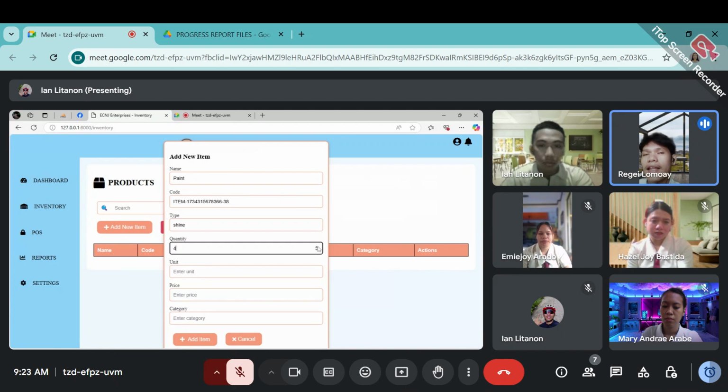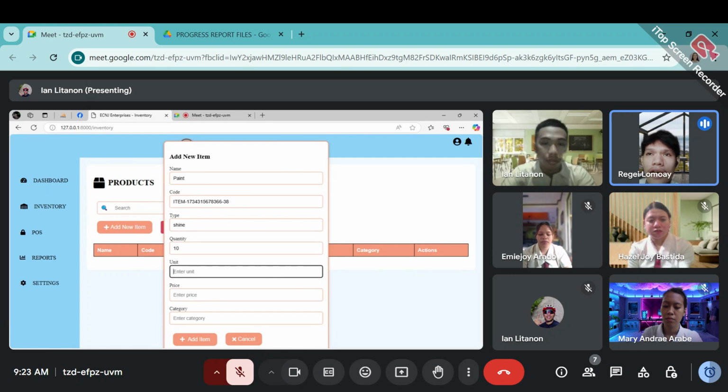The data of this new item product will be viewed in our dashboard as total products. And also the data from the new products will be also available in the POS.